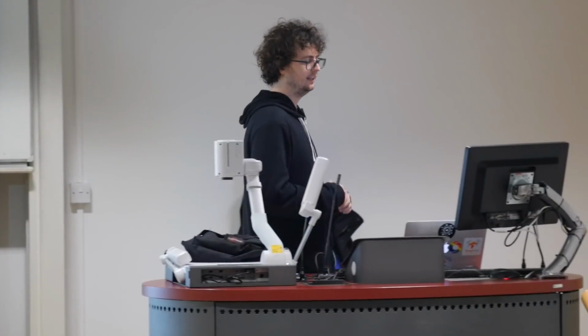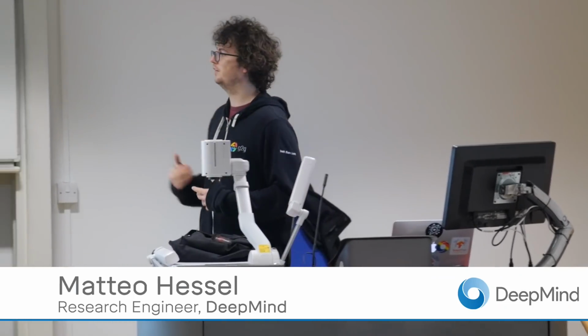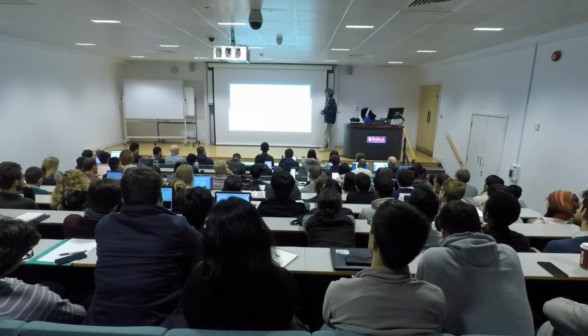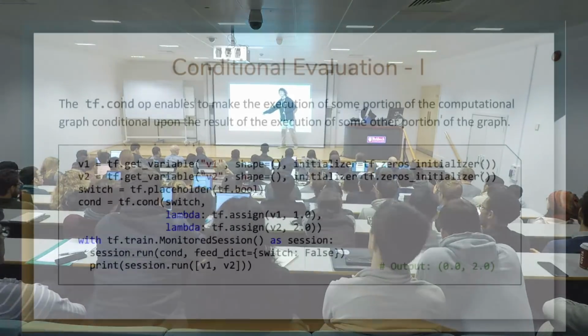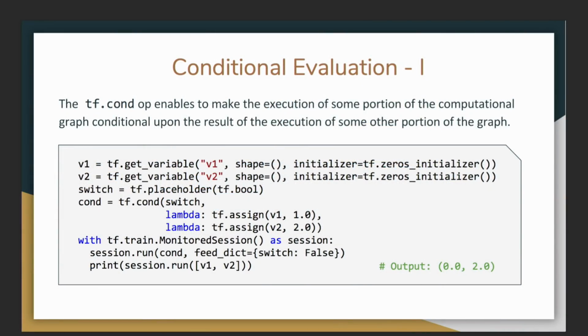If then we call session.run on cond, and then we print the resulting values for v1 and v2, what we will get is, as you would expect this time, that v2 has a value of 2. Because we have said that switch is false, it didn't execute this part of the graph. It only executed the second part of the graph defined by that lambda. And so you get the value you would most likely expect. However,